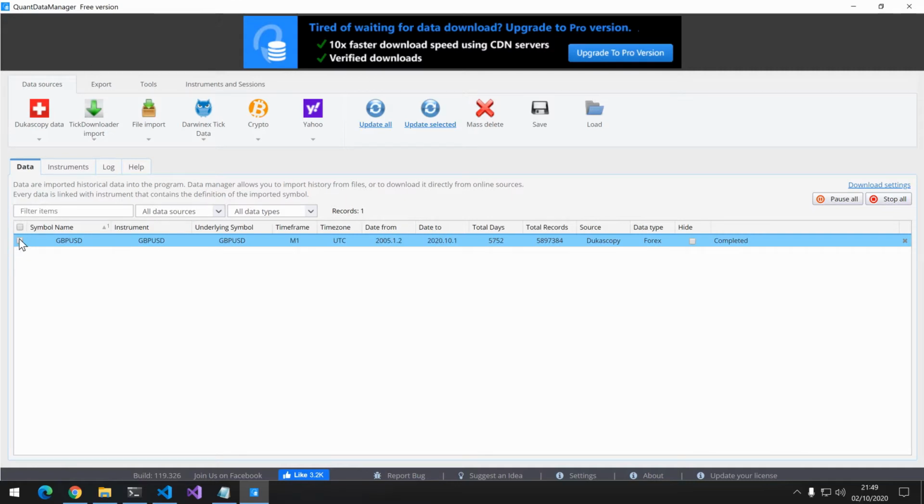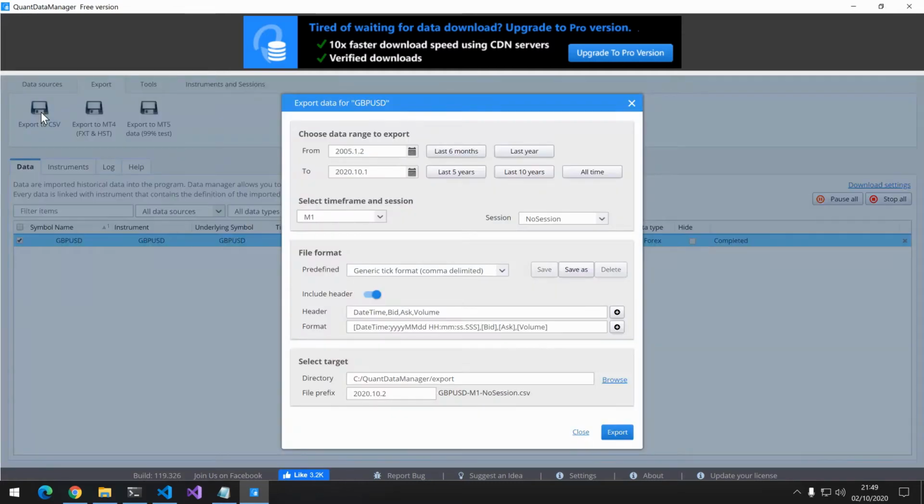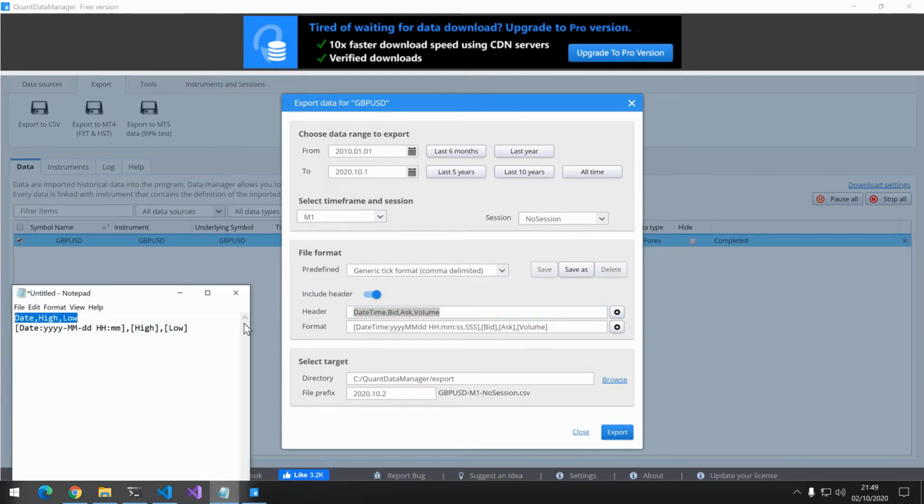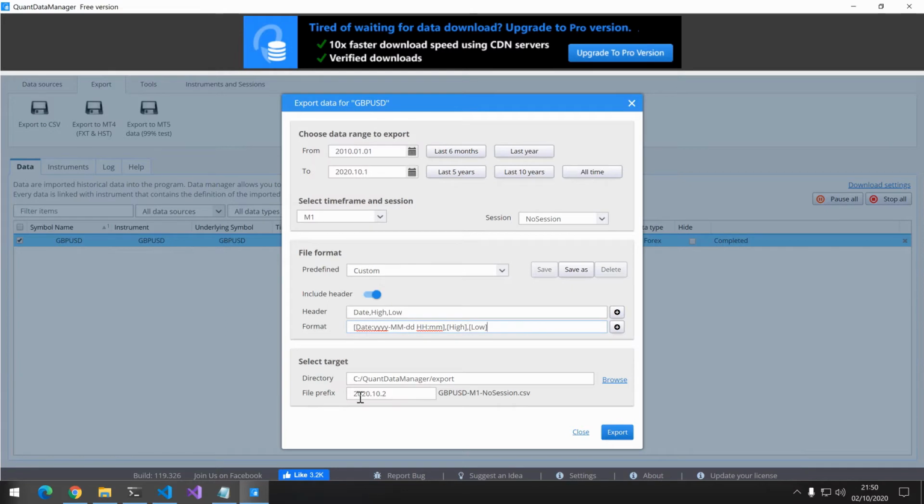The third step is to select this symbol and say export. Because currently the data is stored in proprietary format, what you need to have is a CSV file with the data that you're looking for. So export to CSV. And when I export, I want the data from 2010 01 until recent. I want the 1 minute, and I want the structure of the data, my header, to be of this format. And the content to be of this format. And this will be saved in this directory, export.